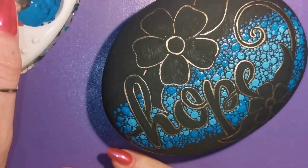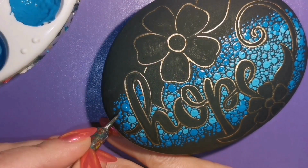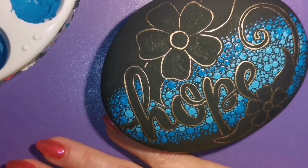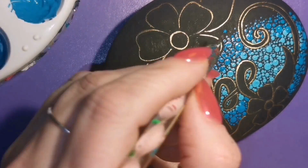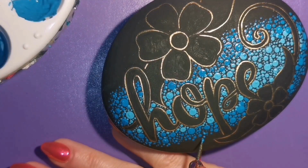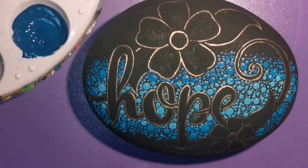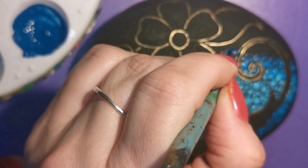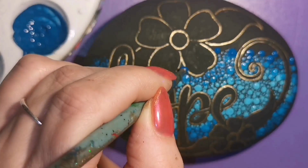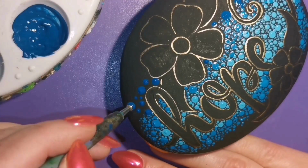Next question. How do you resin and not get particles in it? I have a couple of resin tutorials, and in my newest one, I believe it shows that I store my stones covered in resin on scat mat inside of a large plastic container with a lid. The scat mat is the stuff that you can lay down in your gardens to stop critters from jumping in. It's got these pokey things that stick up, and I lay my rocks on those so that there's very little